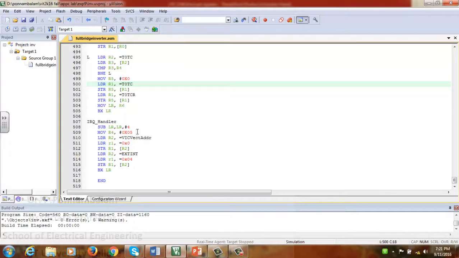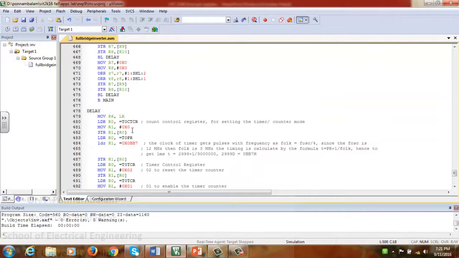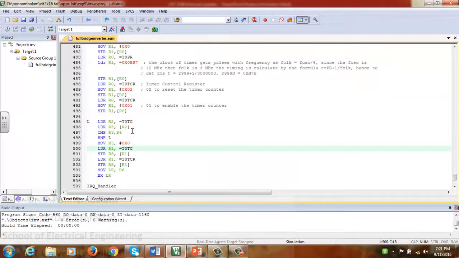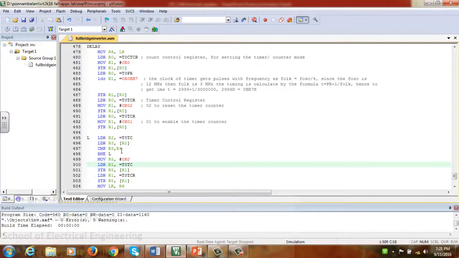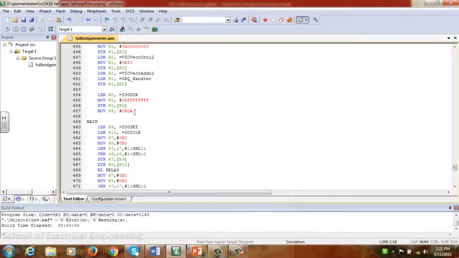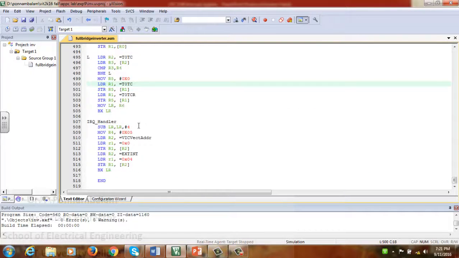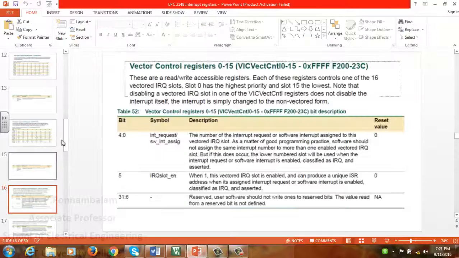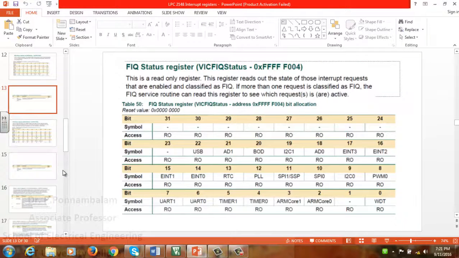As I have already mentioned, R4 is the key register which decides the frequency. Here you can see compare R3 with R4, and the initialization of R4 with A has happened. After this, in R2 I am initializing VAC, the vector address. In R1 I am initializing 0x0. The content of R1 I am moving to the vector address, so that this vector address is cleared, and for the external interrupt I am moving 0x04. This 0x04 I am moving to clear external interrupt 2.